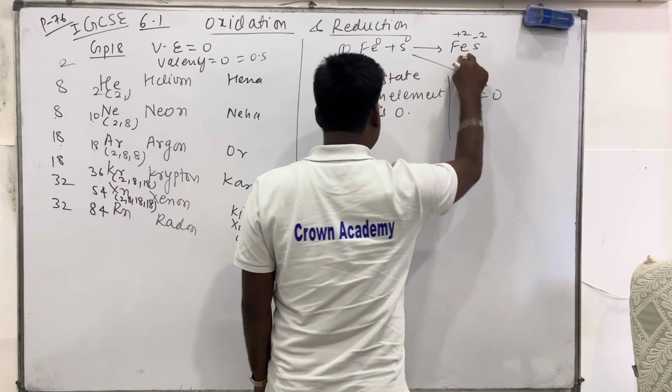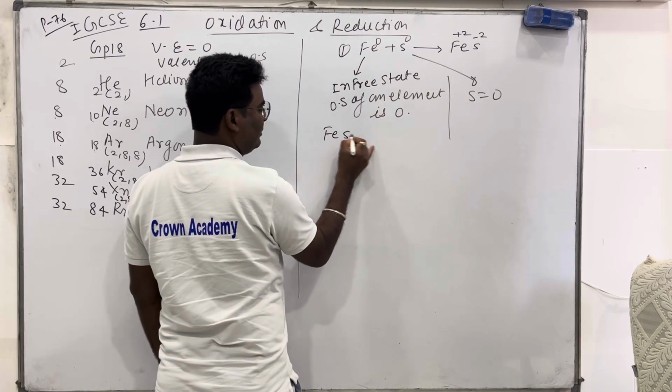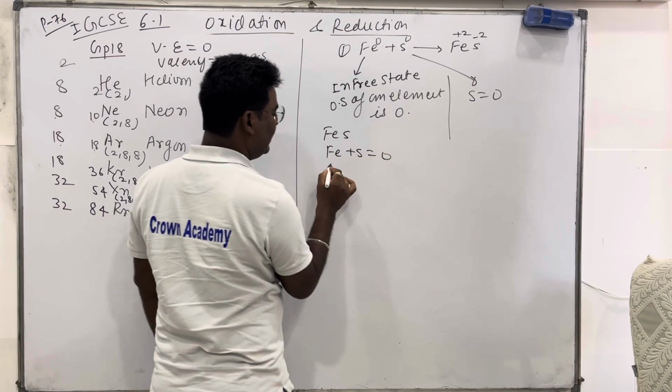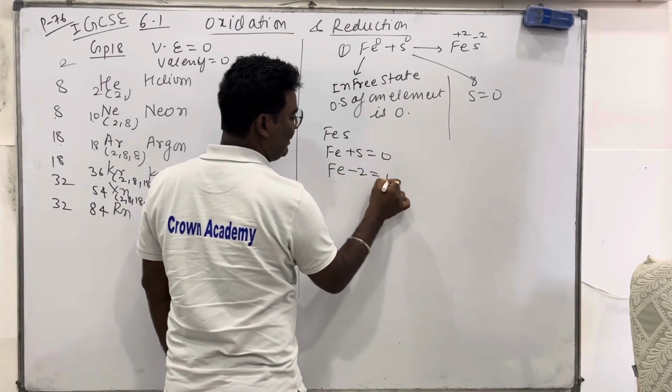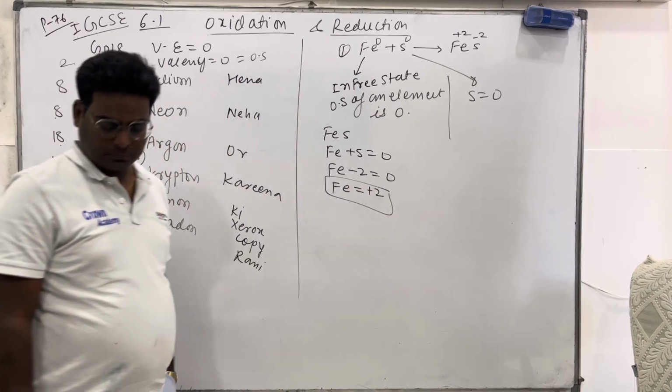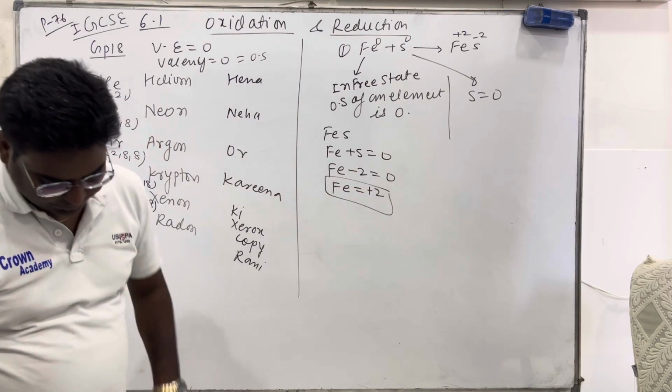If you are not getting it this way, then you can calculate by using the solving method. Fe plus S overall is 0. So S has oxidation state -2, so Fe you will get as +2. Understood? In the similar manner, next example is